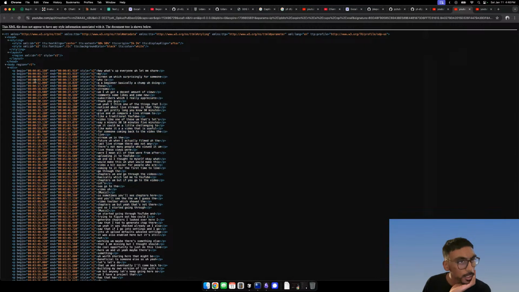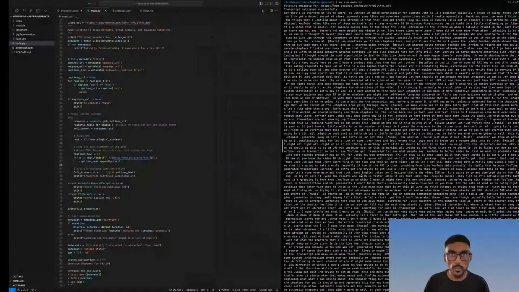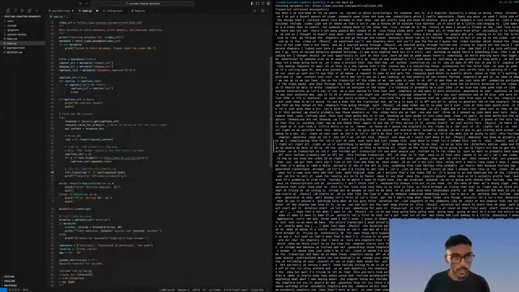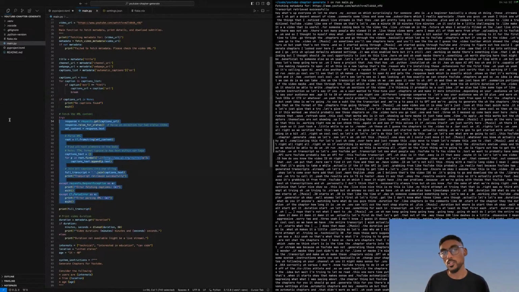Oh, wait a minute. Wait a minute. Yeah, we want the text. But we don't just want the text. We want this begin and end attribute in the style. So we don't want that. Let's come back here. I jumped the gun here too much. So let's go back to GPT here and figure this out. Or not GPT. What are we using? We're using Claude.